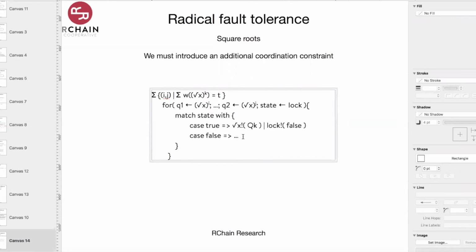Modulo the things about message delay. Does that make sense? Are people following along? Yes, this makes sense. All right. So now